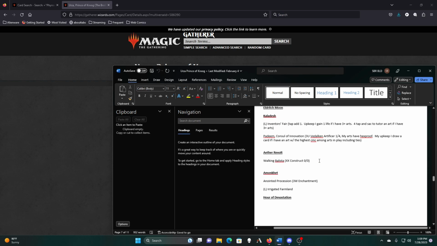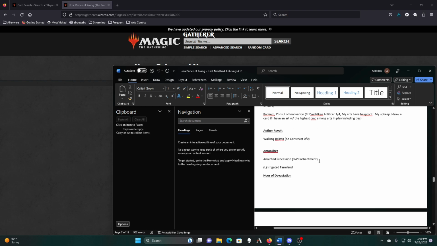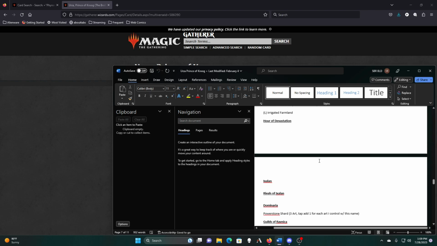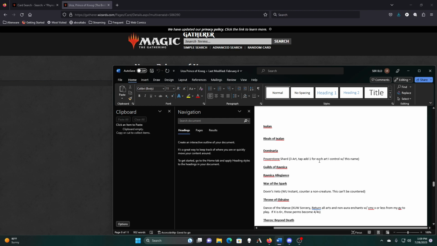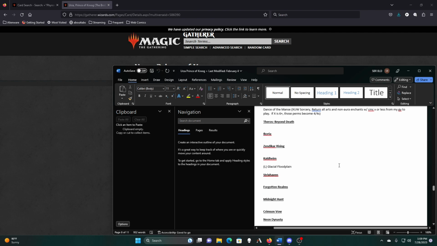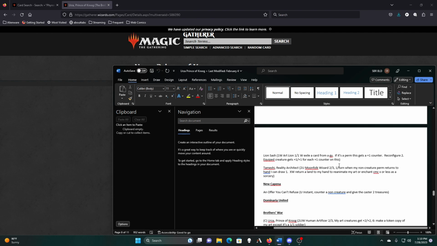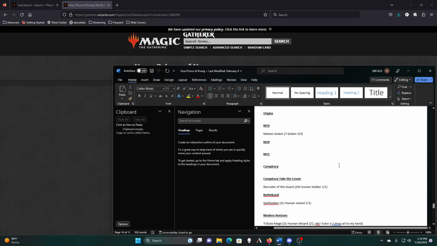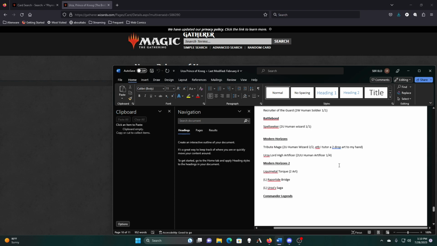Padeem, Consul of Innovation to give my artifacts hexproof. She usually lets me draw cards too, but that's secondary. Walking Ballista, Anointed Procession. Power Stone Shard. Power Stone Shard is one of those interesting ones because normally you can't run multiple copies of it, so you could never get it to make more than 1 mana, but that's not where we're at. Dance of the Manse, Iron Sash, Tameshi Reality Architect, Offer You Can't Refuse, Swiftfoot Boots, Meteor Golem, Recruiter of the Guard, Spellseeker, Tribute Mage,